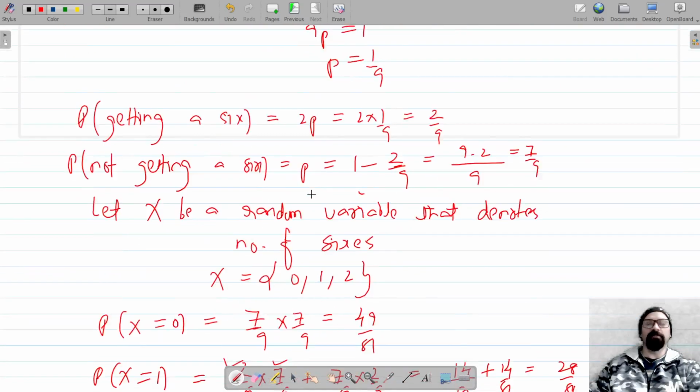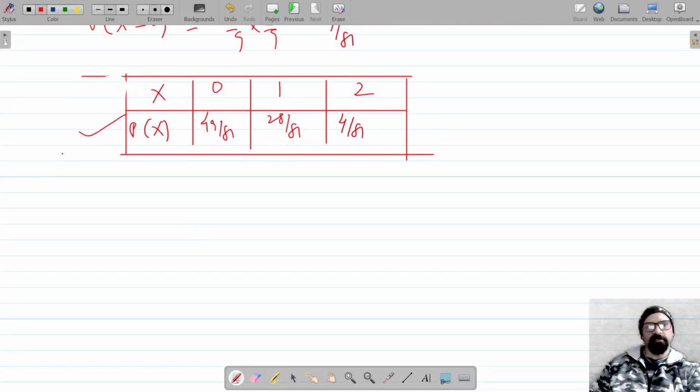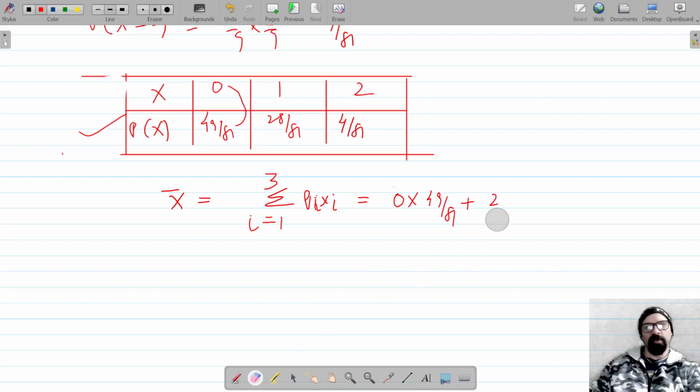And now we have to find the mean of the distribution, that is x mean, which is given by sigma i equal to 1 to 3 of pi into xi. So pi into xi is the sum of the products of the random variable with its respective probability. So 0 into 49 by 81 plus 1